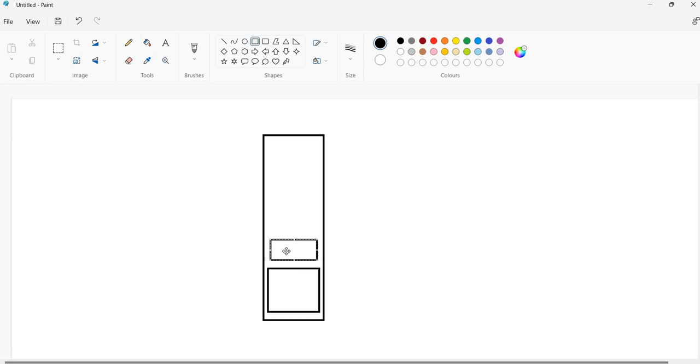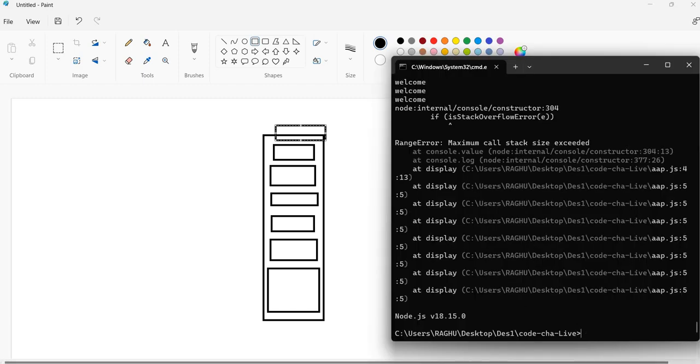Without killing that execution context, again you are invoking the same function. It's printing the welcome, again invoking, invoking, invoking. After some time it is going to come off of the call stack, because once the call stack is full, it's not possible for the JavaScript engine to create another execution context. So it will break. But